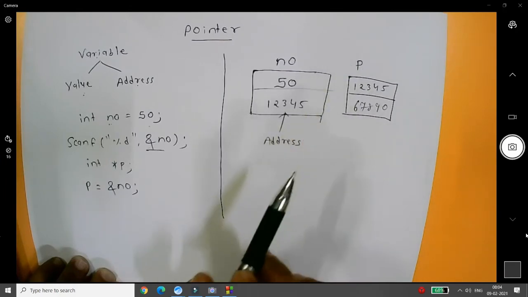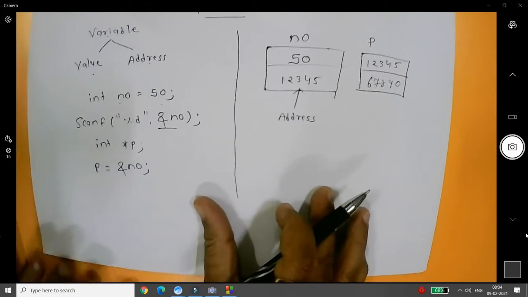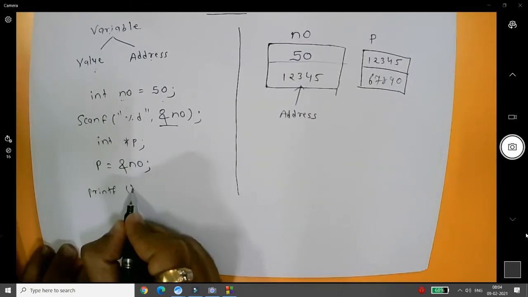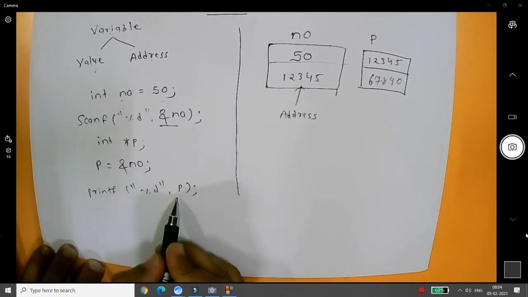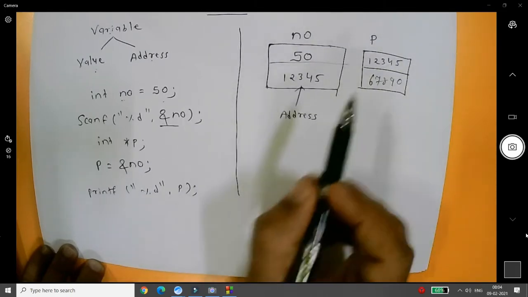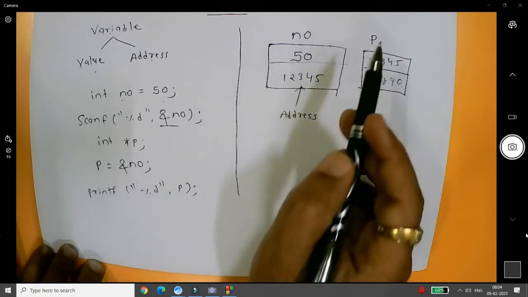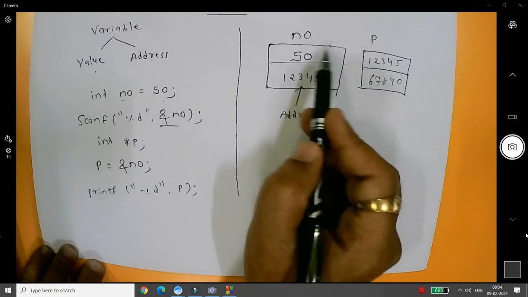Now, what is the wonderful thing? Whenever you print p, for example printf("%d", p), it will print the content of p. It means it returns the value 12345, the address of this number.